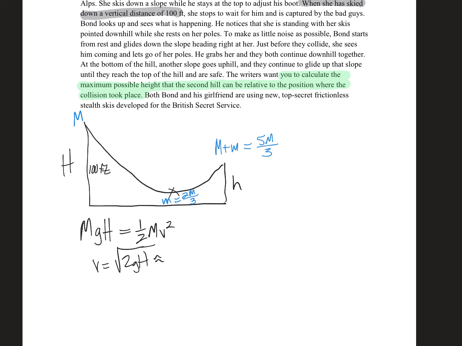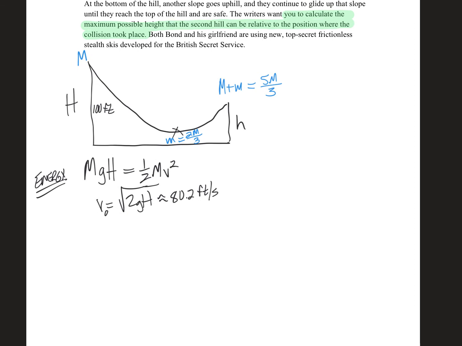And for this situation, we basically have 80.2 feet per second, with gravity 32.2 feet per second squared, and all that jazz. So 80 feet per second. That's moving pretty good. Now we know his speed coming in, which is his initial speed at the bottom of the ramp. So that was energy conservation for the first part, getting to